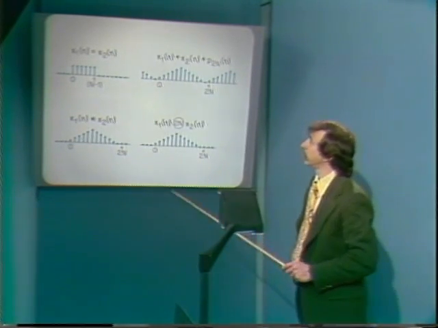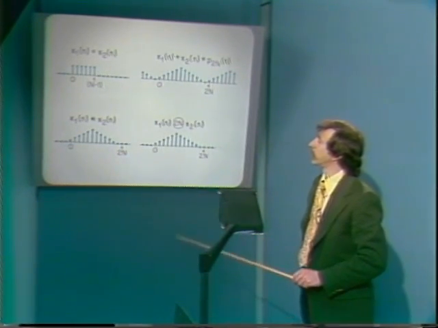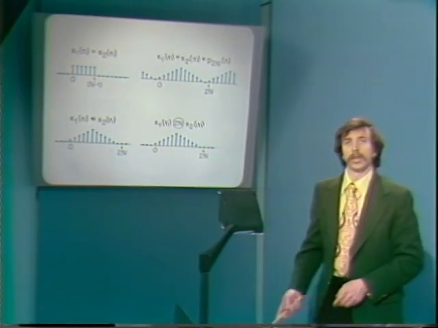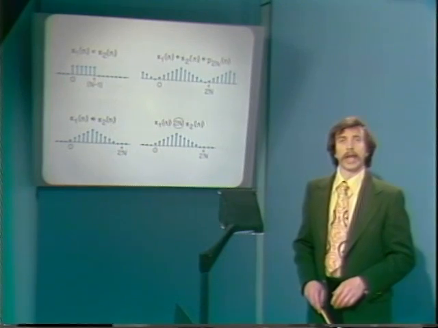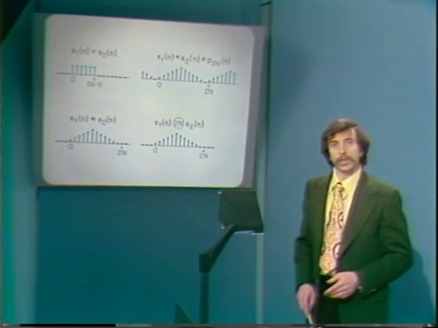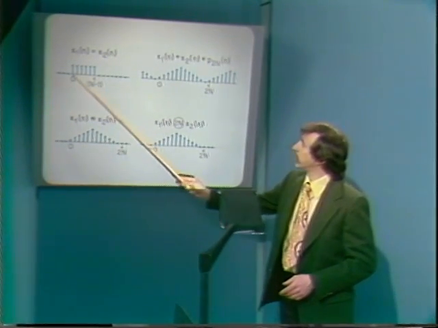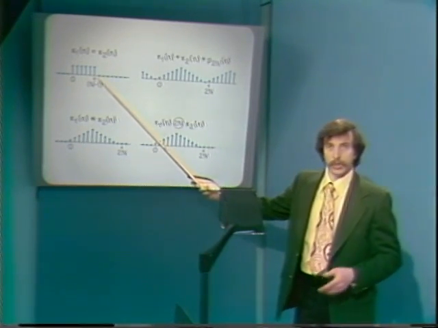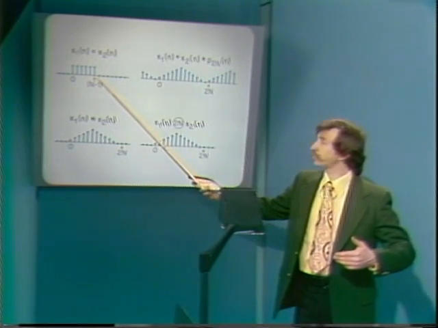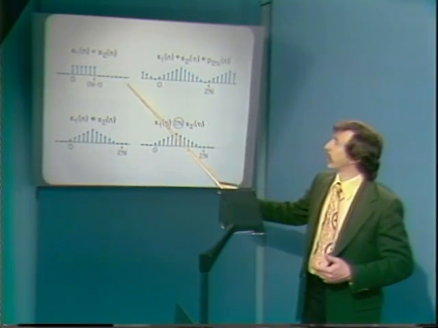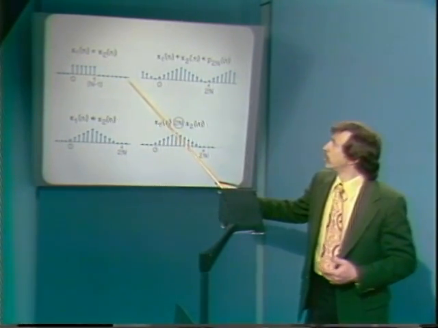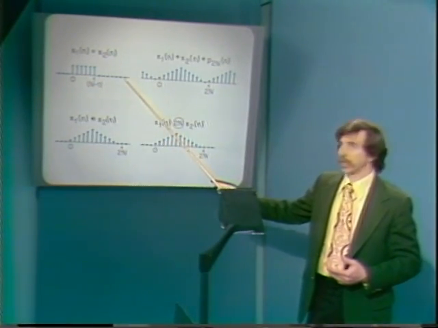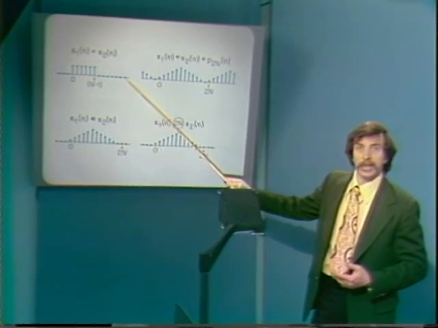And this is the way that we can carry out a linear convolution using circular convolution. This is commonly referred to as padding with zeros. And what that means is treating this N-point sequence not as an N-point sequence when we compute the DFT, but as a sequence of length 2N, so that if we computed a 2N-point DFT of this sequence, padded out with N zeros,